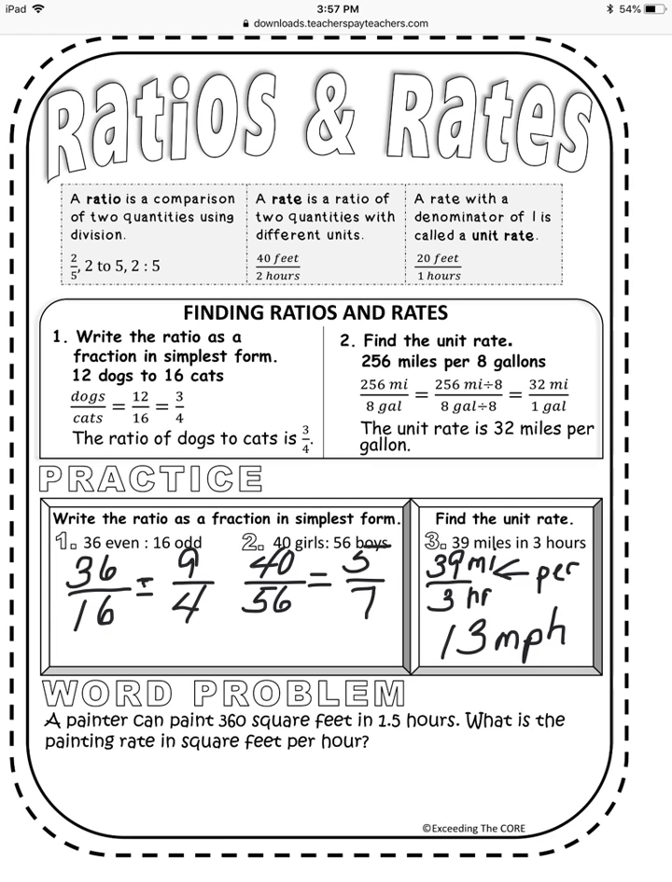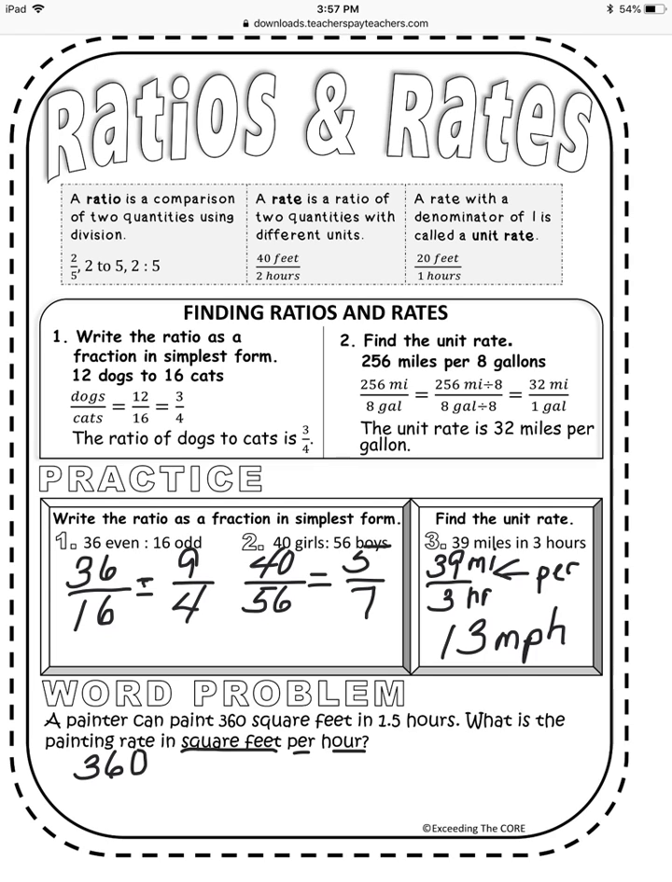We can also do a word problem. A painter can paint 360 square feet in 1.5 hours. What is the painting rate in square feet per hour? Okay, square feet per hour. Again, per means to divide. So we're going to divide